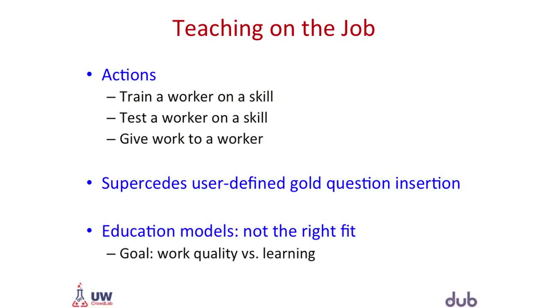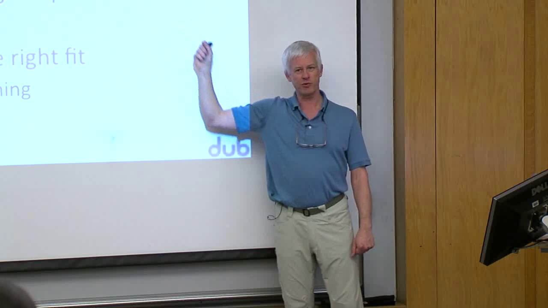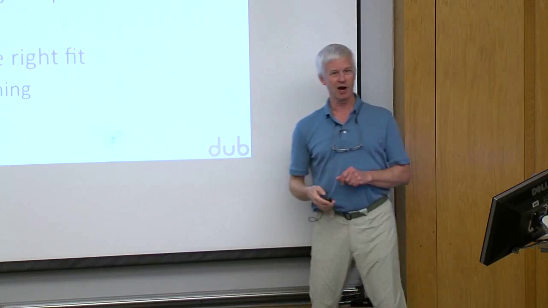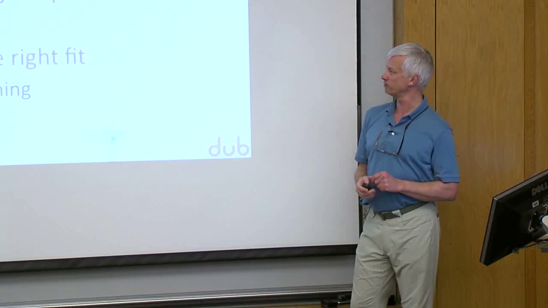And right now, what people do is they just figure, well, let me just insert 20% gold questions at every different step to make sure that the worker's not cheating on me. And this not only wastes a huge amount of time, but it lets a lot of bad workers through, and it also throws out good workers because every now and then, just by accident, they get something wrong.